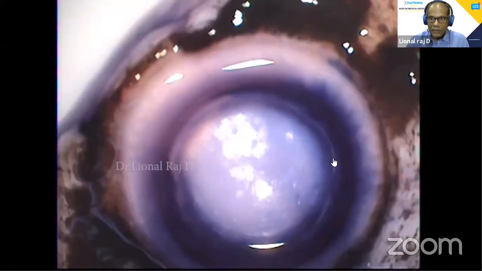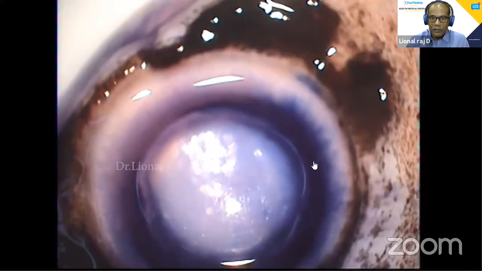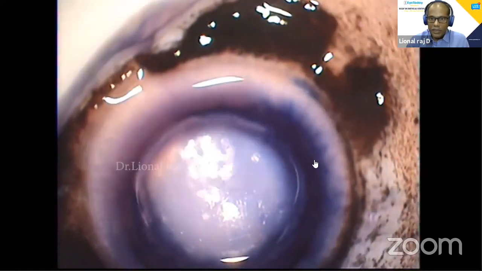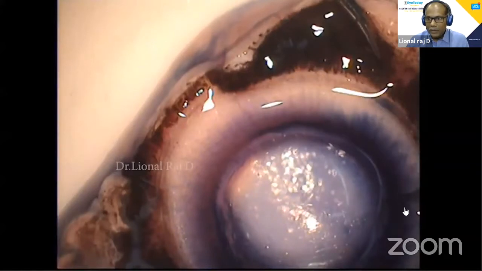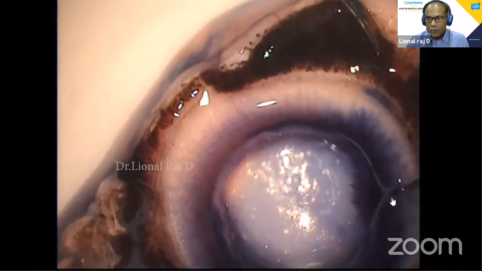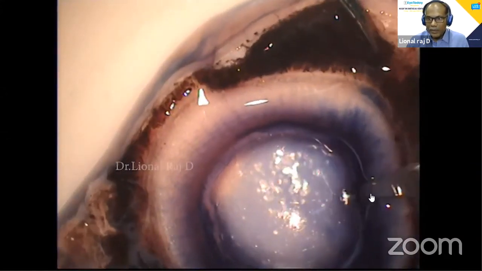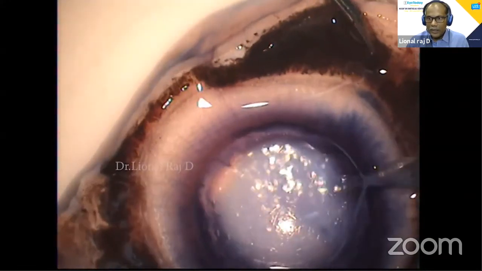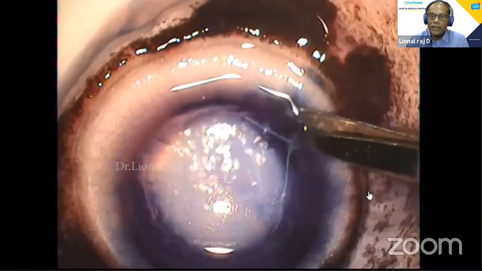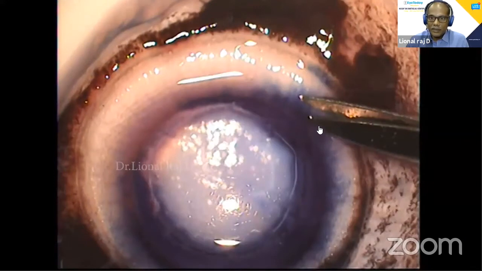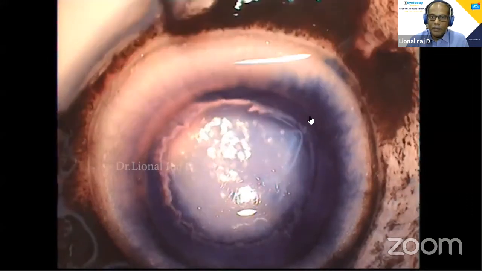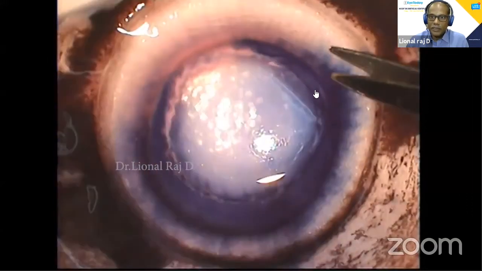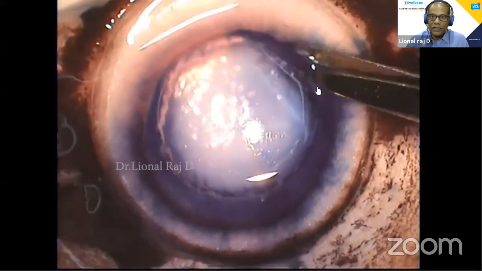Once having marked, we use a side port knife, a paracentesis knife, to make an opening. After that, use Vannas scissors or fine corneal scissors and keep excising the pre-Descemet's graft at the edge.